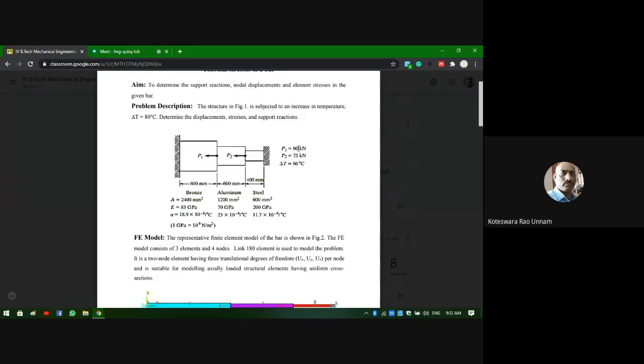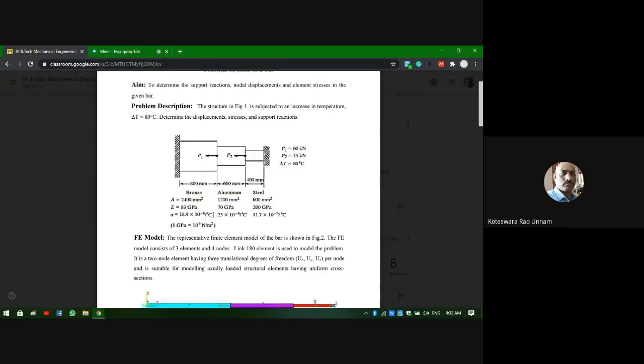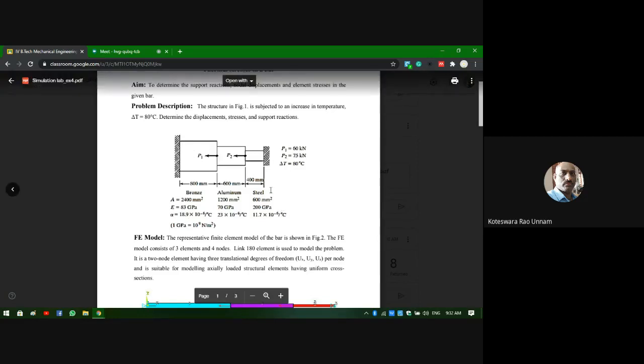So that means I need to enter 60 into 10 cube. I need to replace this kilonewton by Newton. That is the only thing we need to remember. Then alpha values are functions of degree centigrade. Here delta T is also given in degree centigrade, so we'll assume that whatever units we are following, those units are degree centigrade. No need to apply any modification. Whatever alpha value is given for each of the 3 materials, you can use that as well.